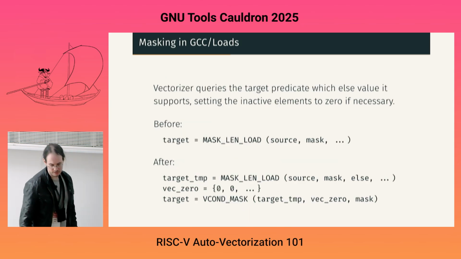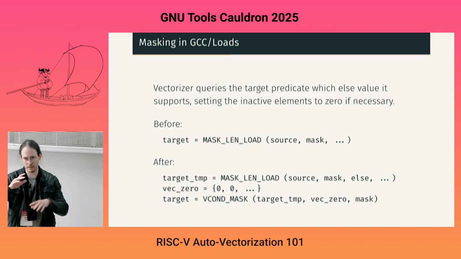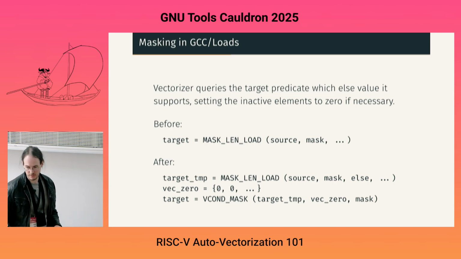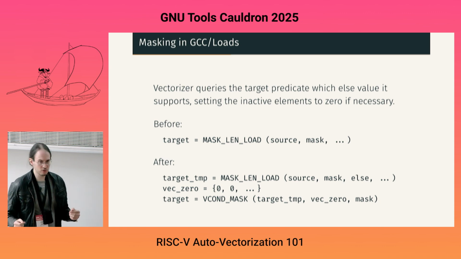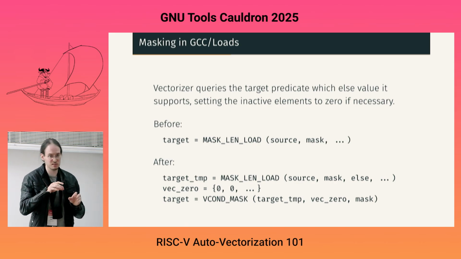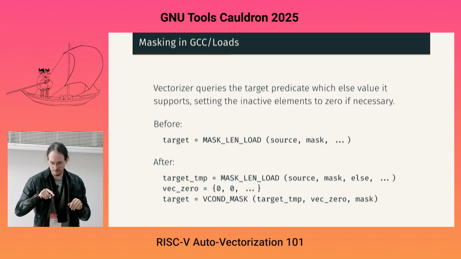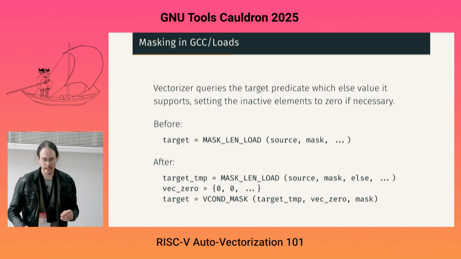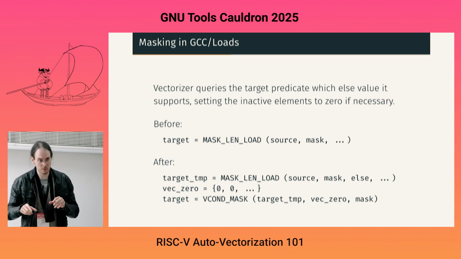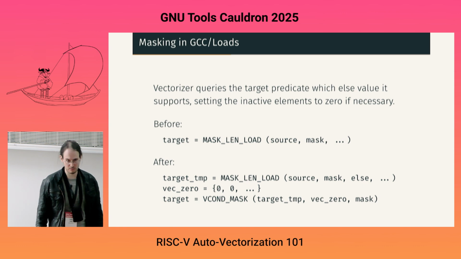Then how is it going to look like in the vectorizer? Before, the vectorizer will query the target, what can you support, and then decide its strategy from there. So before it just was a mask len load, do anything with it and continue with your operation. Now it's basically we load into temporary if needed, not all the time, it's just very rare that we need it, but sometimes we do. Load into temporary, load a 0 if we need a 0 for some subsequent operation, and then merge according to the current mask with this 0 element, with this 0 vector. That's how we do it now. And that wasn't present before and led us to some nasty